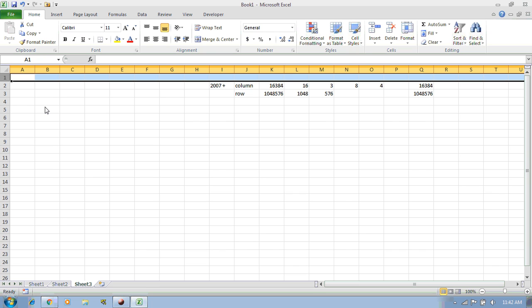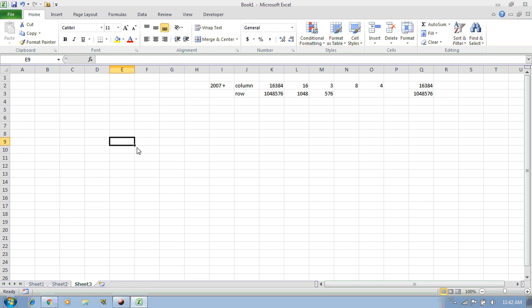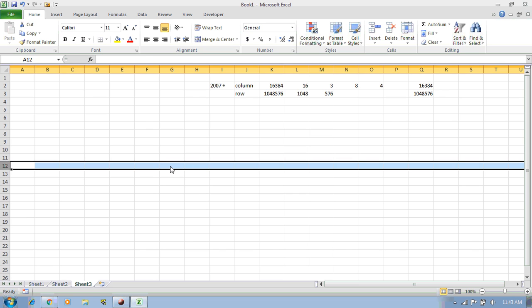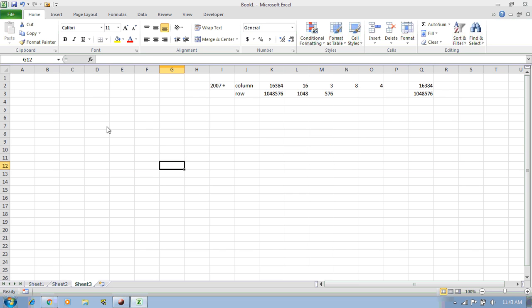reference of the row. For example, here you can see that if we select this cell, this cell is E9. You can see the address of the cell from here as well, and from here as well. Whenever we select a cell, the column and the respective row are highlighted in orange. So this cell is G12, and if you see here, this cell is D7.